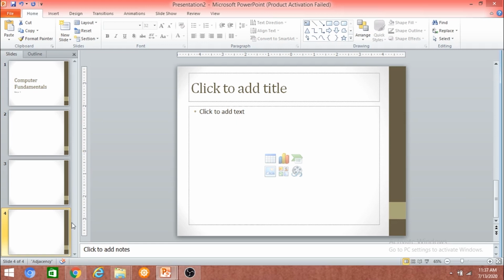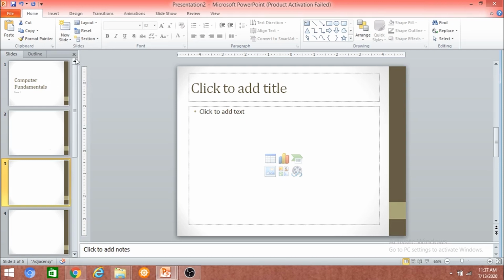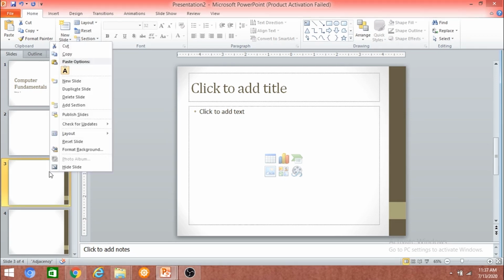If you are to insert a slide in between two slides, select the slide after which you want a slide and right click and select New Slide. If you want to delete a slide, simply select the slide and press the delete key on the keyboard. Or right click on the slide and select Delete Slide.